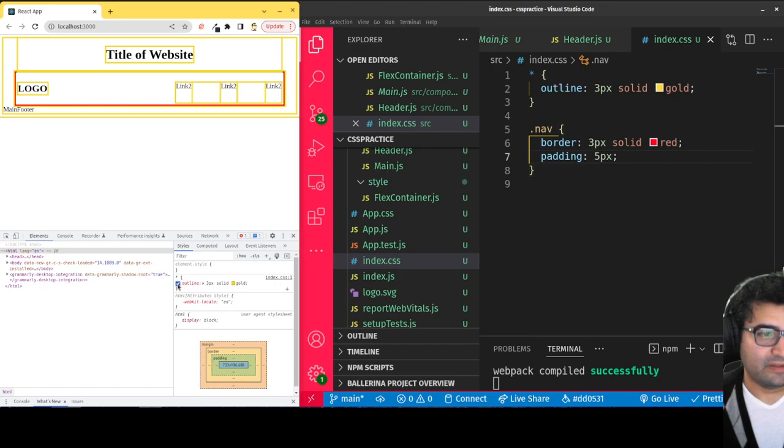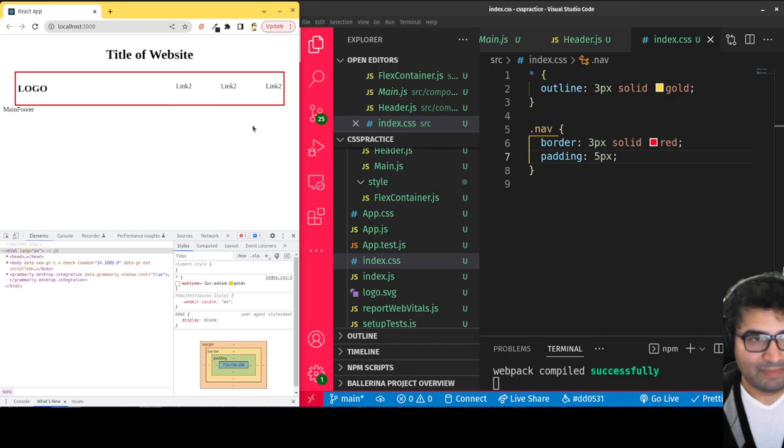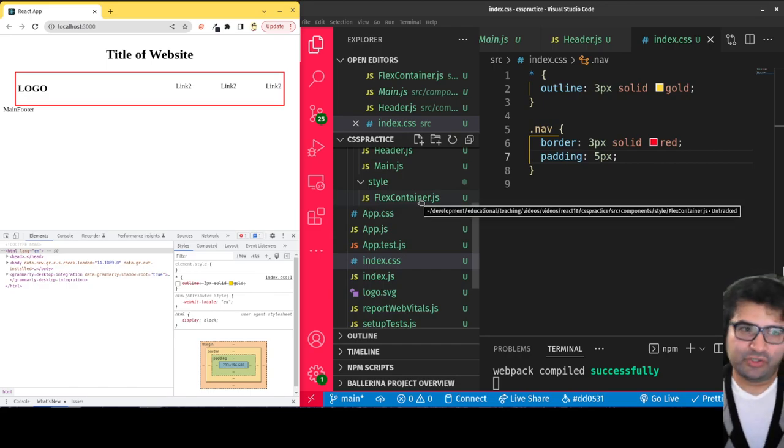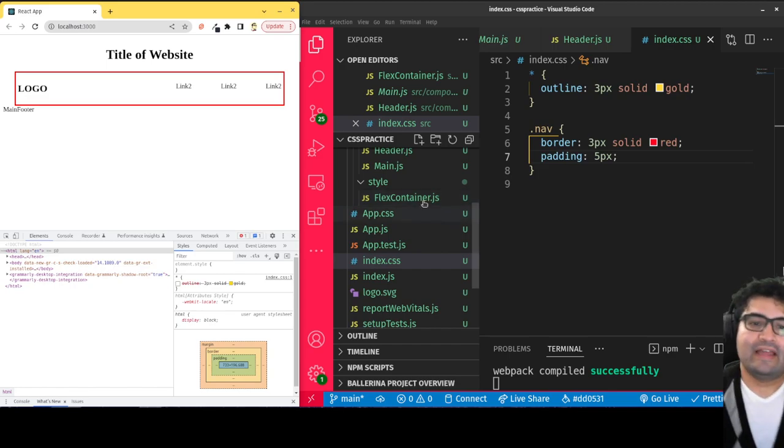Okay, again, let me just take out the outline for a moment. Okay, that's a little bit better. Again, you adjust to taste. I'm not here to show a nice design, more so than show you how you can approach this from React. But you notice I'm just treating this like a normal website. I'm just focusing on what would normally be in that header section of my website and doing that from the header component. And then I'm creating these components that can help me create the pieces I'm going to reuse